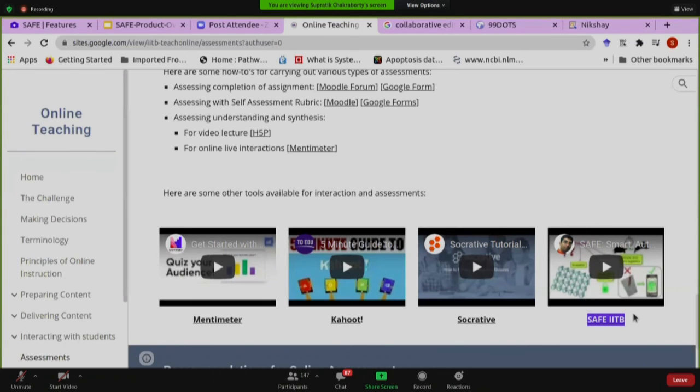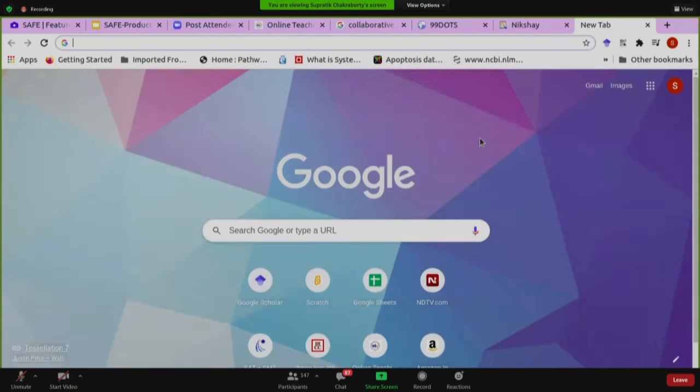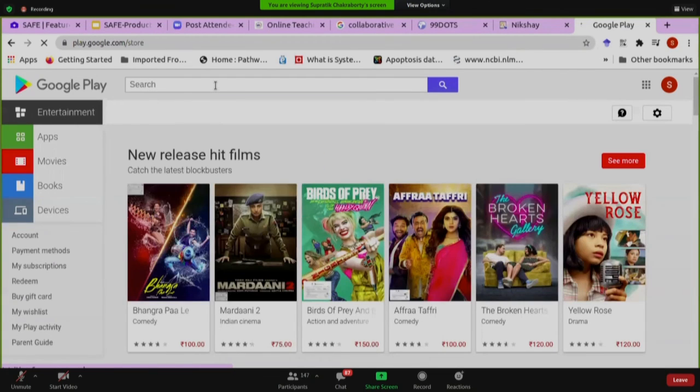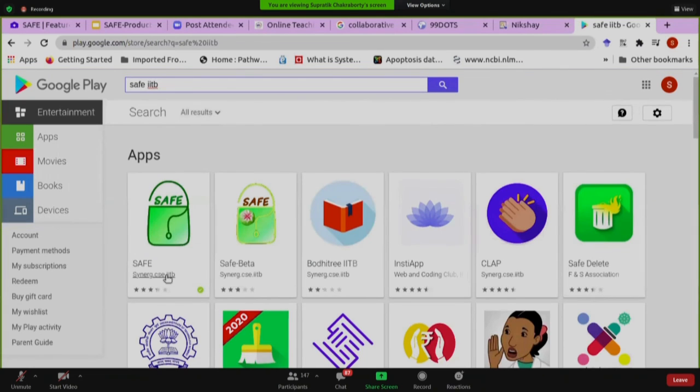What I would request all of you, Professor Bhaskar has requested me to convey this to you, that there is a particular website that I'm going to show now. Actually, probably we don't even need to go to a website. If you have a smartphone, either an Android or an iOS smartphone, if you go to Google Play Store, and if you just type, so let me show it here. So let's go to Google Play Store. If you do this on your mobile phone, and then if you type safe IITB, you will see that this shows up there. So if you do this on your mobile, in the next few minutes, because Professor Bhaskar has said that really to understand how things are done, it would be best if as many of you can install this little app